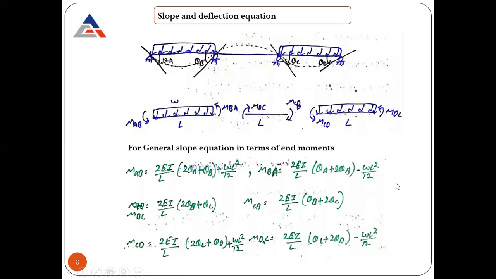Sir, in a simply supported beam, the bending moment at the ends is 0. Yes, the bending moment at simply supported ends is 0, but these supports are considered simply supported only. That beam is a continuous beam because there are more than 2 supports. But bending moment comes in between these supports, not at these supports, as they are functioning as simply supported.